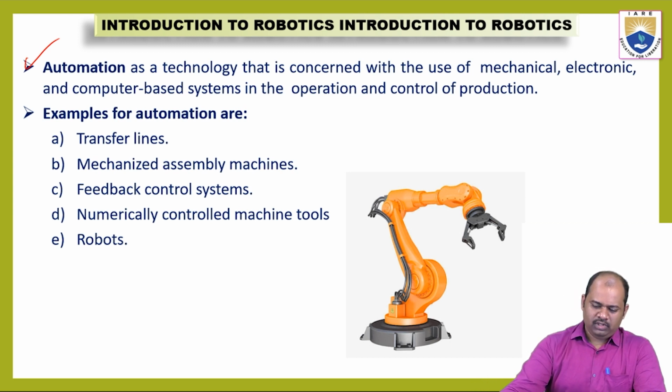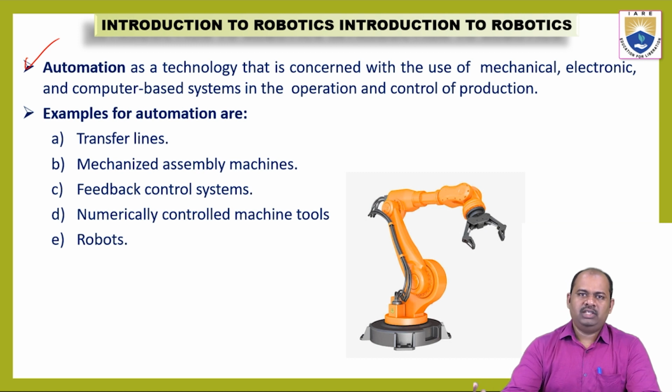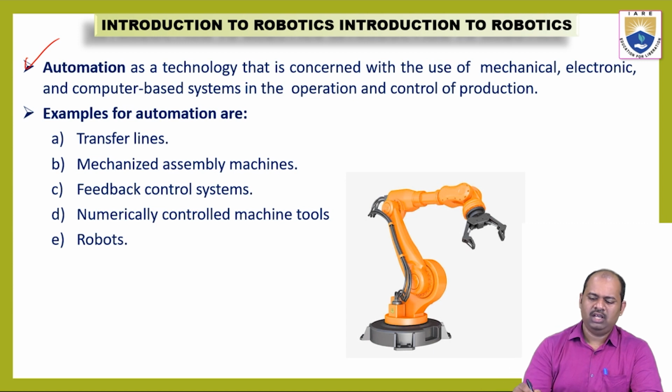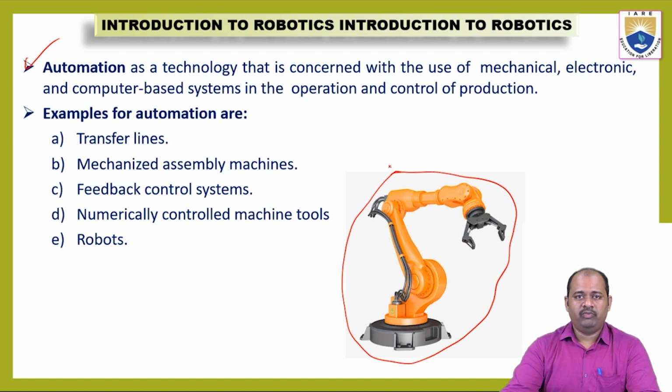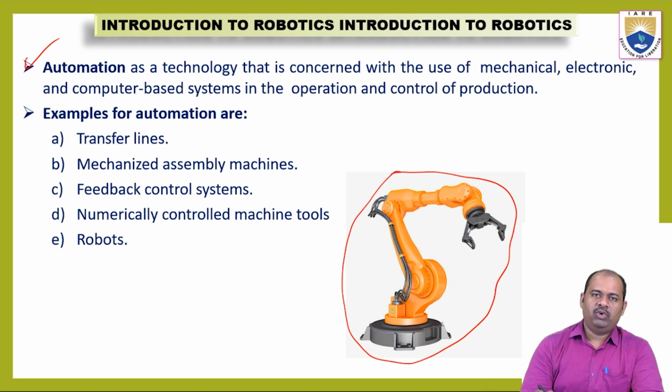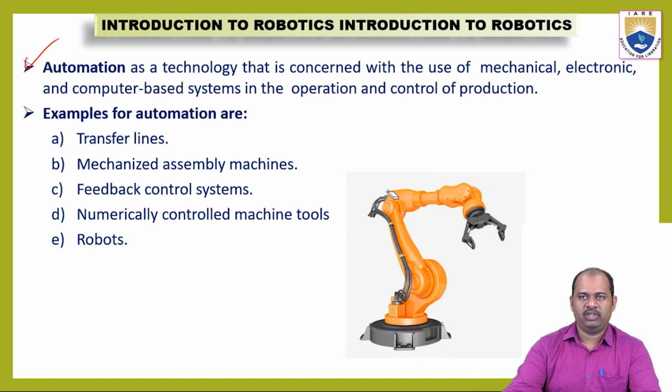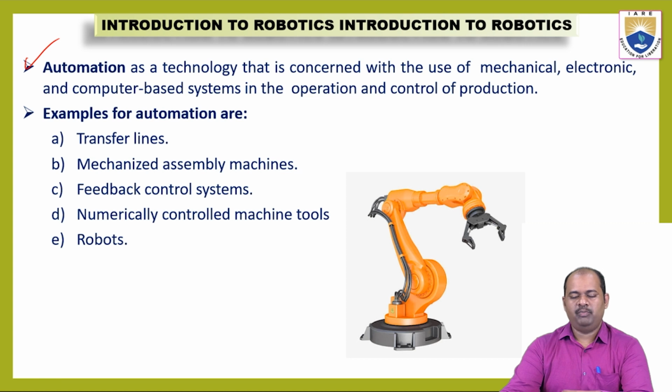Okay. Now, if any technology is given to a machine which will make it work automatically, then that machine can be called an automated machine. The best example for this is the CNC lathe machine. And in this picture, we can see an industrial robot which is functioning on its own. When we give the required codes, it can work automatically, depending on the codes we have given. We have to write a program for the movement of the different parts of the robot,